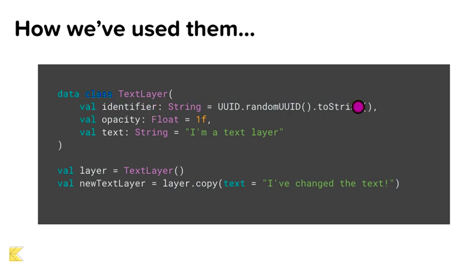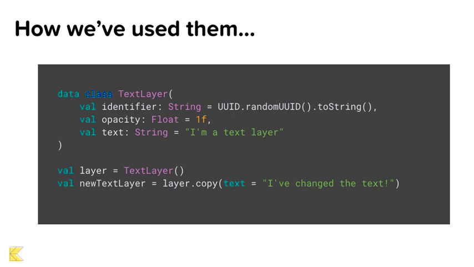Because we have these default values set, when we create a new text layer, it'll be initialized with all these different properties that we've already set as the default. But the feature that we've used probably the most with data classes is the .copy feature. Right at the bottom, you can see we do a layer.copy, and then we change a certain value